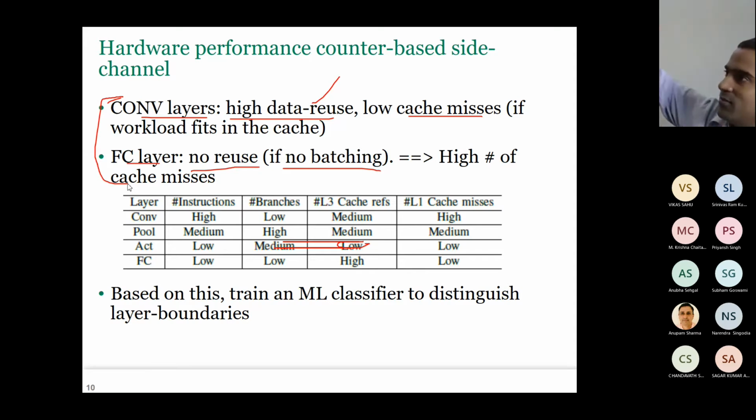Okay, now it has very low cache misses for one period, so it is a convolution layer. Then again, there is suddenly a very high number of cache misses. Then there is FC layer. Then again, cache misses come down, so it has one more convolution layer. Like this, you can separate the layer boundaries, and with that, you can find out how your adversary has designed his CNN. Can I also design the same CNN?